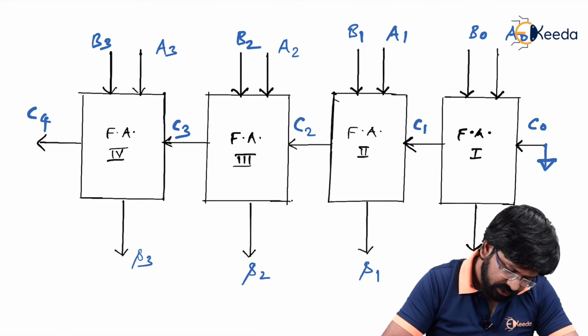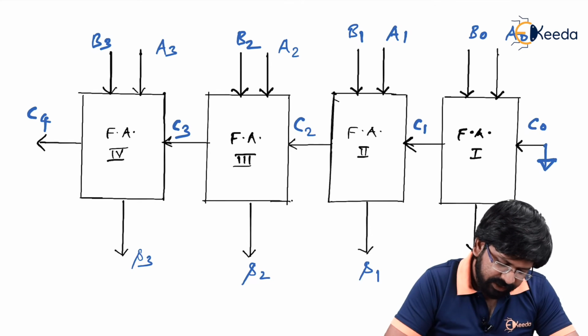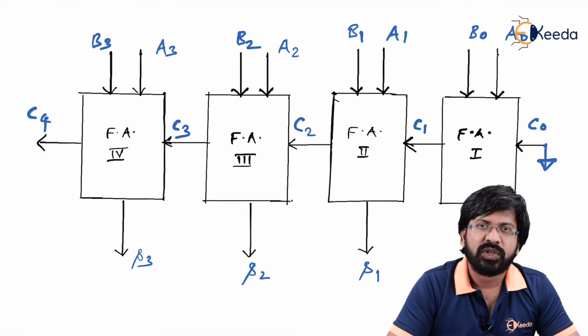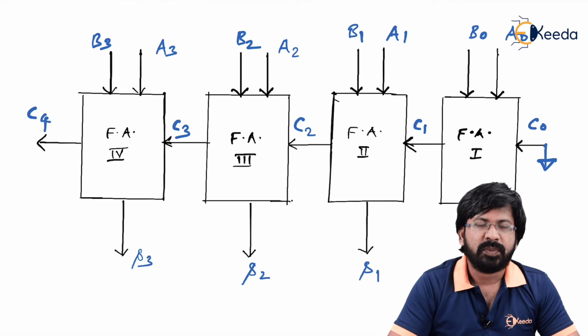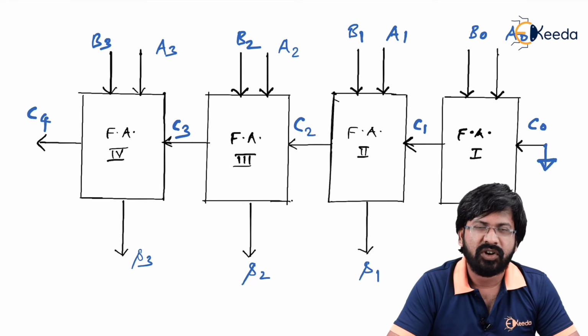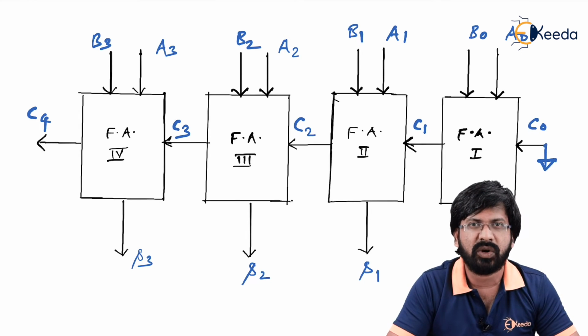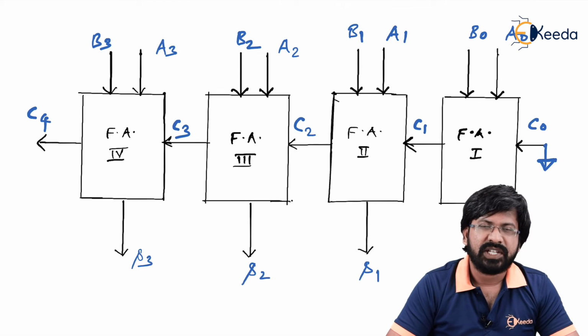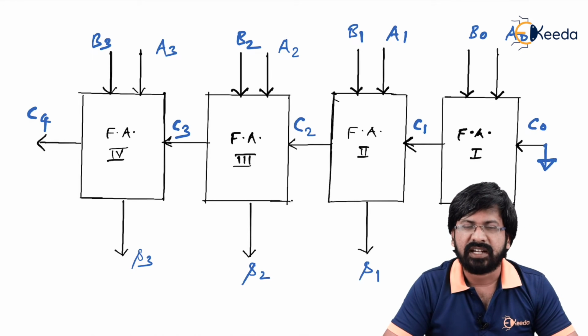Now to discuss more on this, you understand that every electronic circuit has its own limitation. The limitation I'm talking about is propagation delay. It means the moment you give input, you don't get output. It takes some time and that time is called propagation delay. So propagation delay means the time taken by a digital circuit to respond to inputs, to update the outputs, or to settle down with the output, right? So here we are generating two things, sum as well as carry. Internally there would be separate hardware for sum and separate hardware for carry.